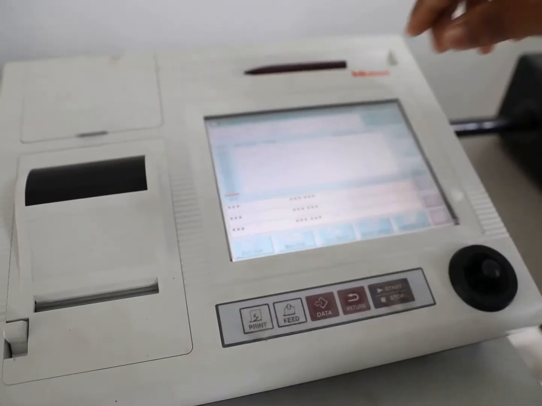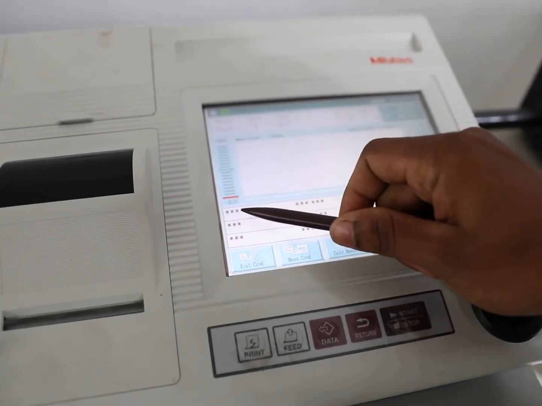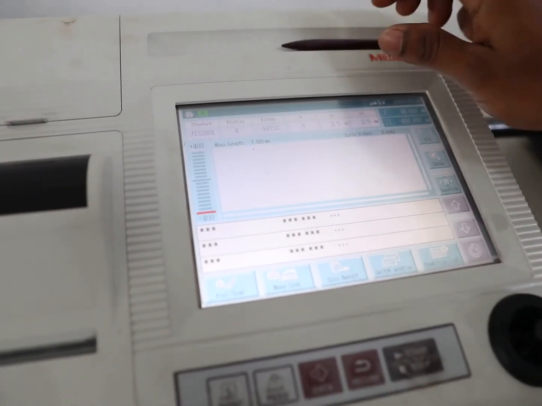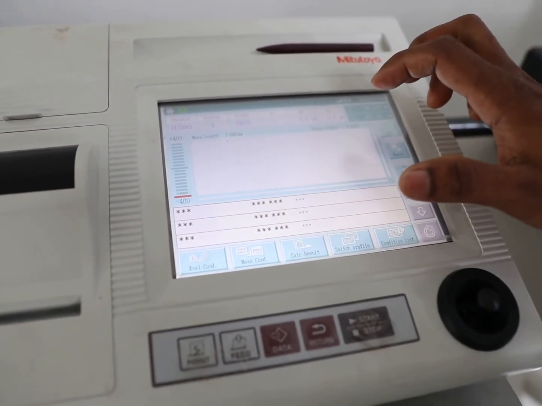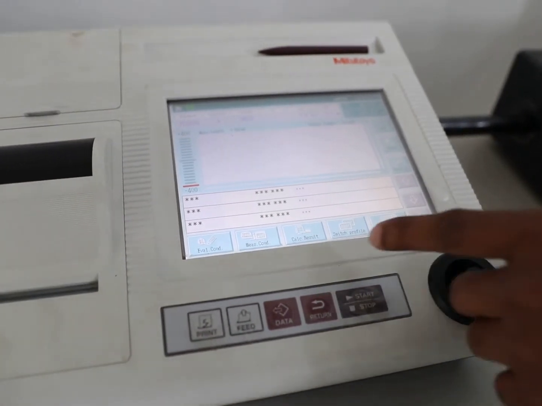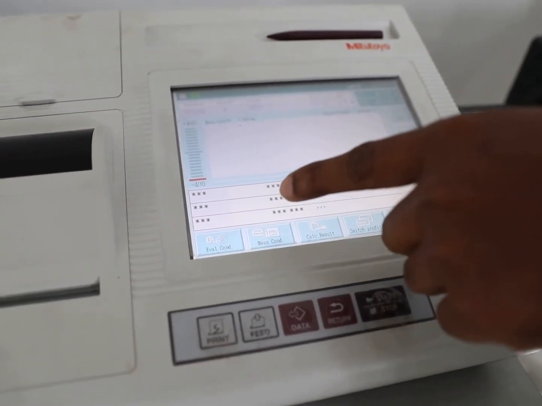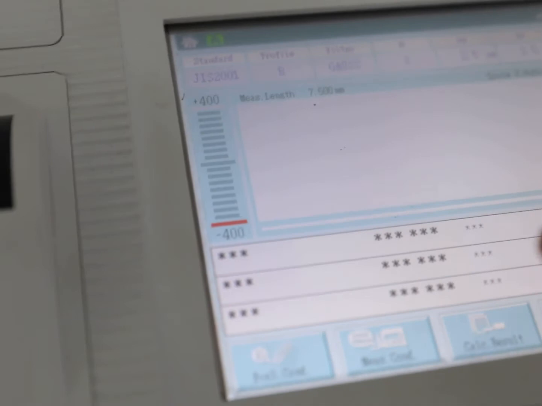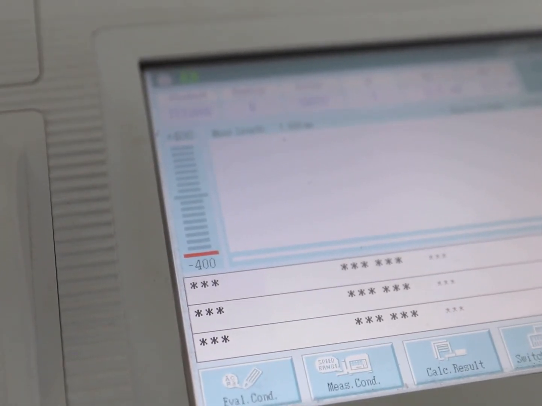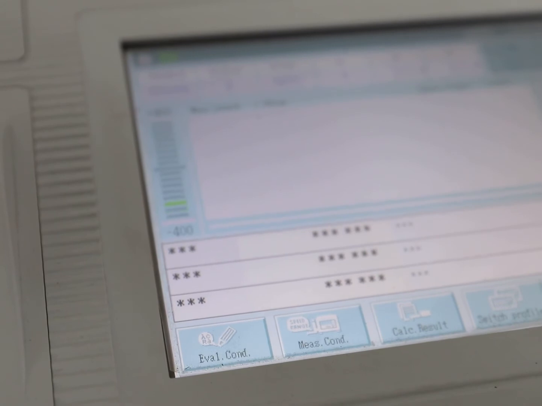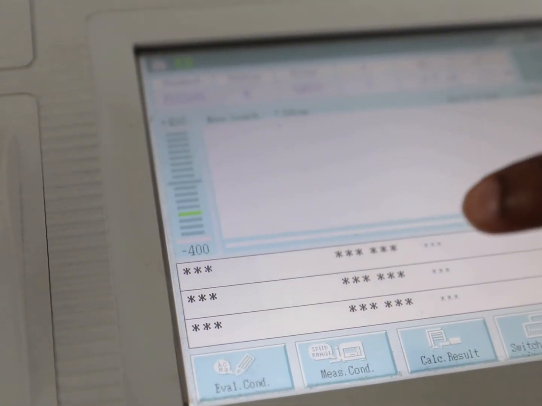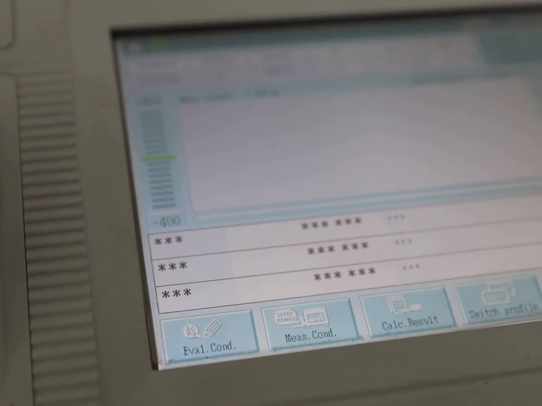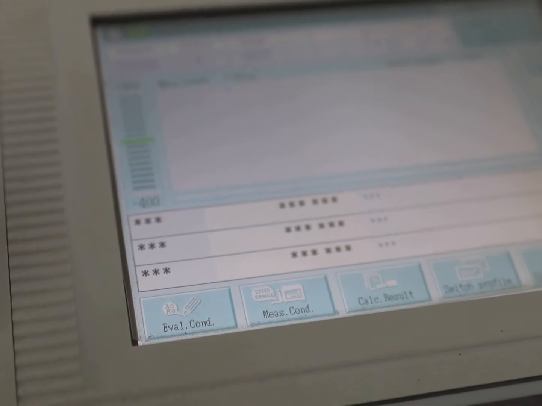You can see here there is a range of minus 400 to plus 400. That's at the micrometer level. That means the stylus has a range of 800 micrometers. When I am moving the stylus downward, you can see this red color will turn into green color. That is the indicator of whether the stylus is touching or not. Now you can see that the green one is moving. When we are taking measurements, we need to keep it in the middle. Then the stylus will have the same range upward and downward.